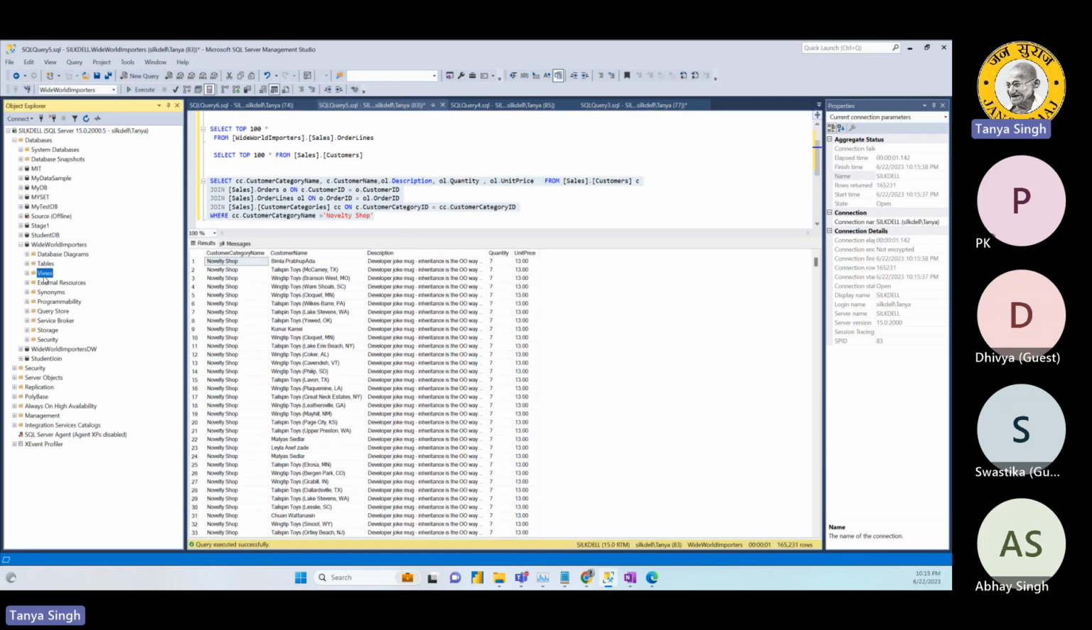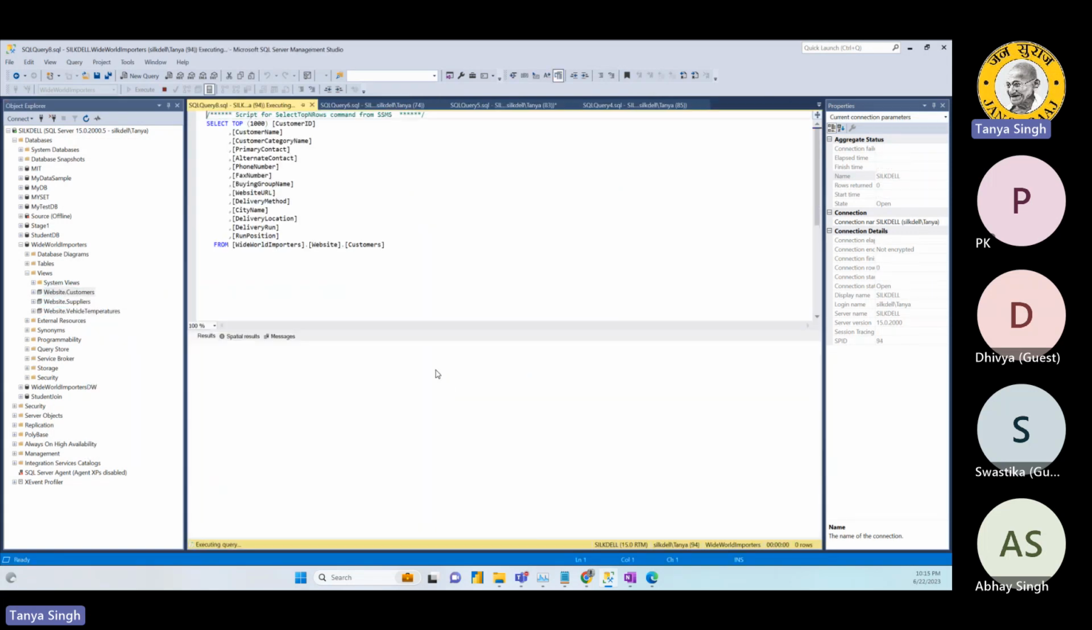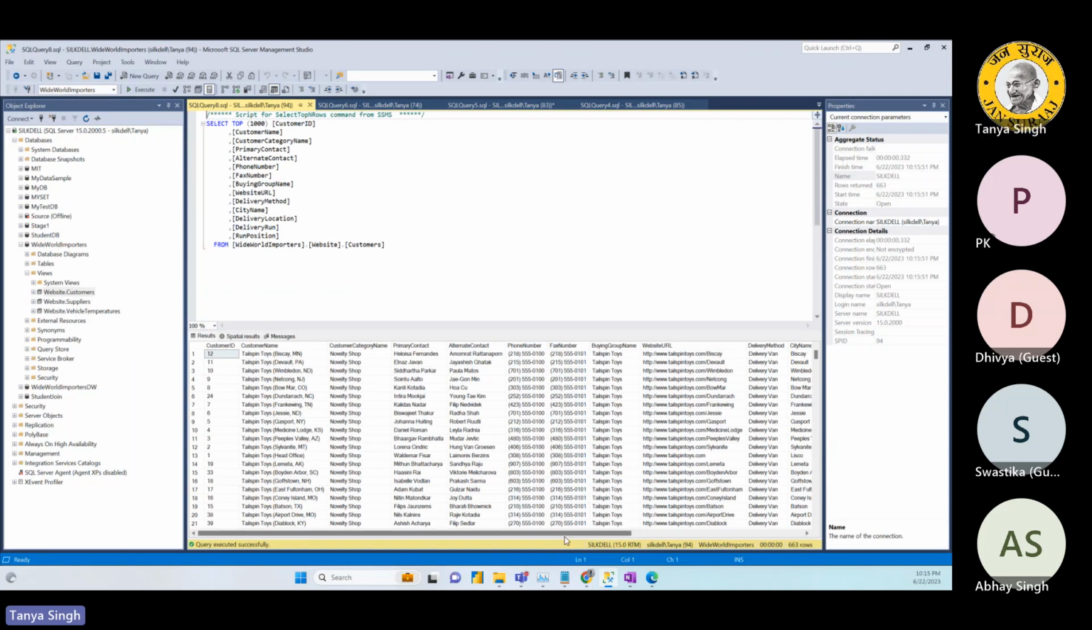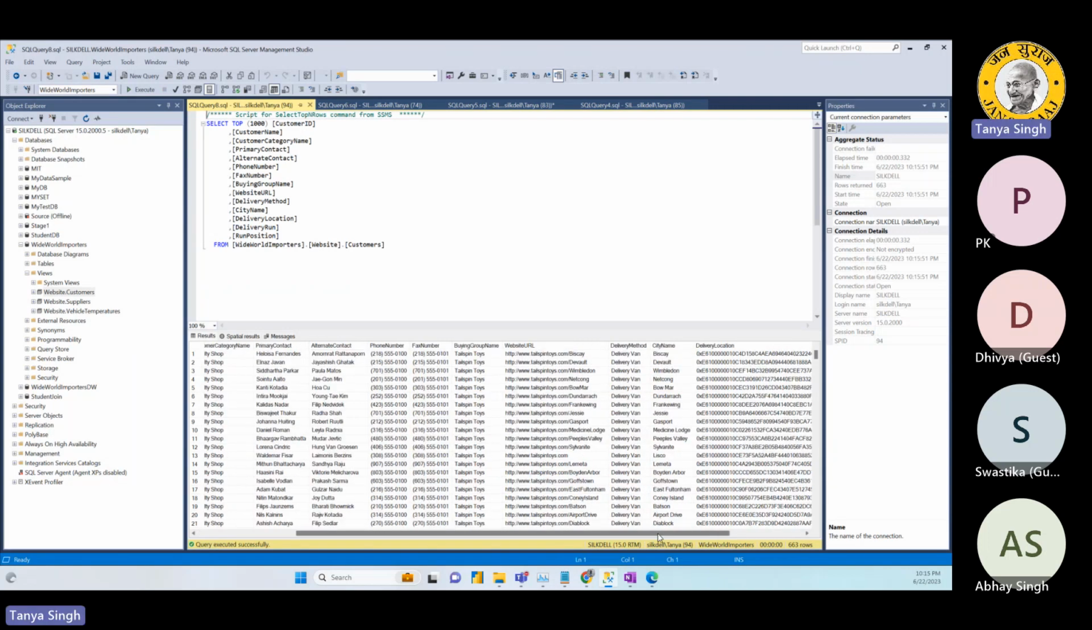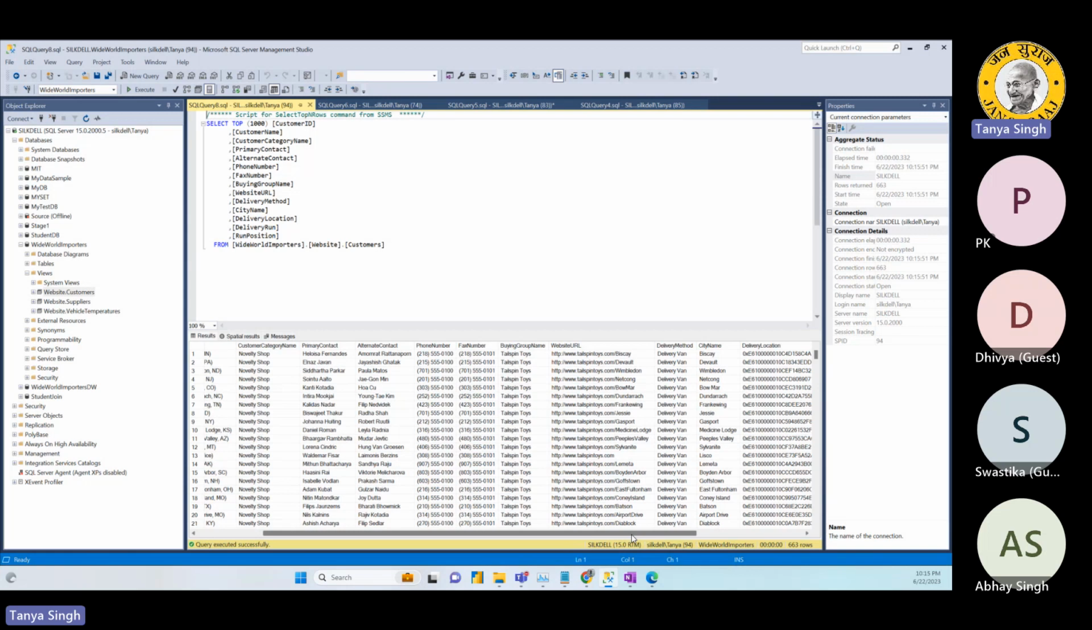So in this system, you see there are three views that Microsoft has created. One is customer view, one is the supplier view, one is the vehicle temperature view. If you see this, it will give you all this data, right? So now it's very easy. Anybody who needs to query